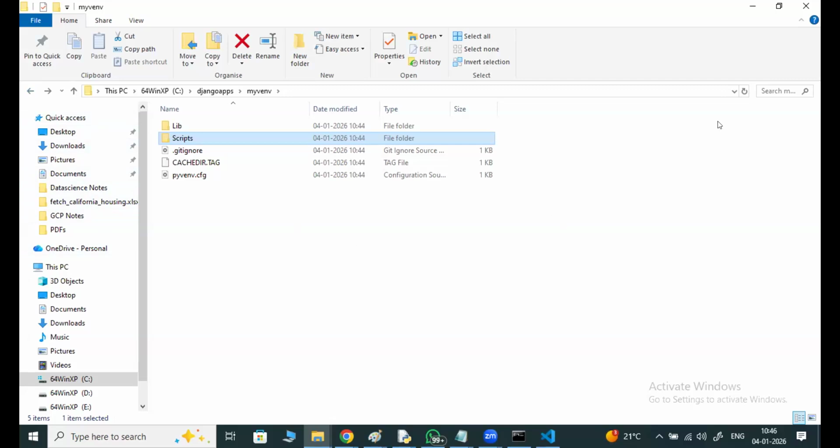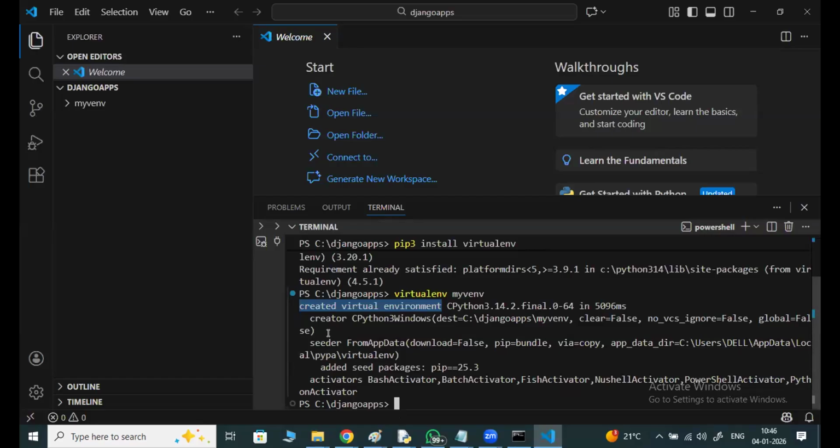Okay. Fine. Well, you will get the scripts folder. Next. Got it here. Everyone got this? Virtual environment got created. Yes, sir. Now here to clear this screen,